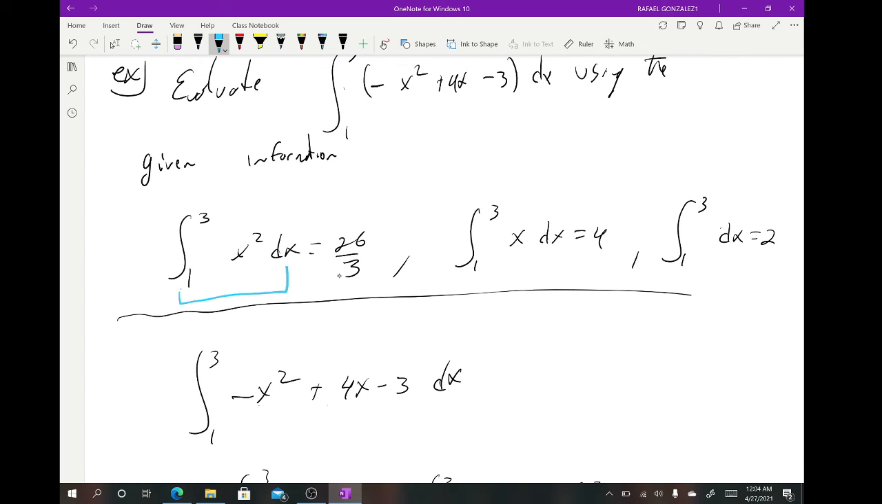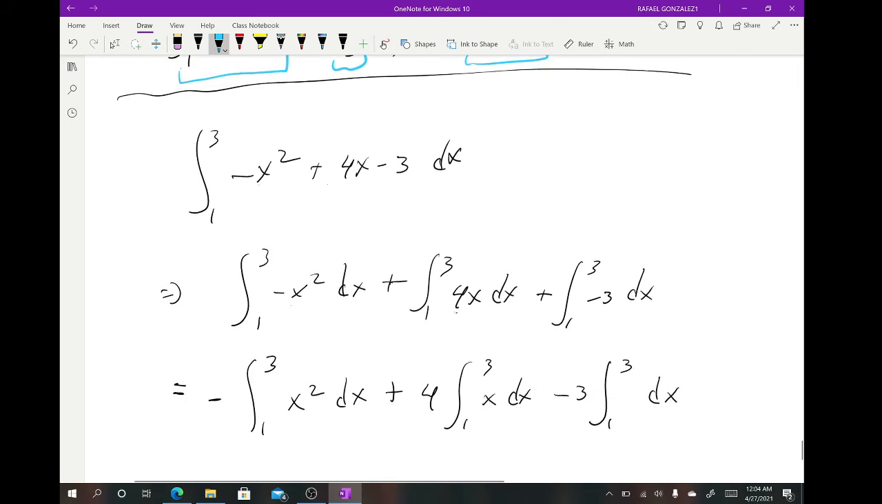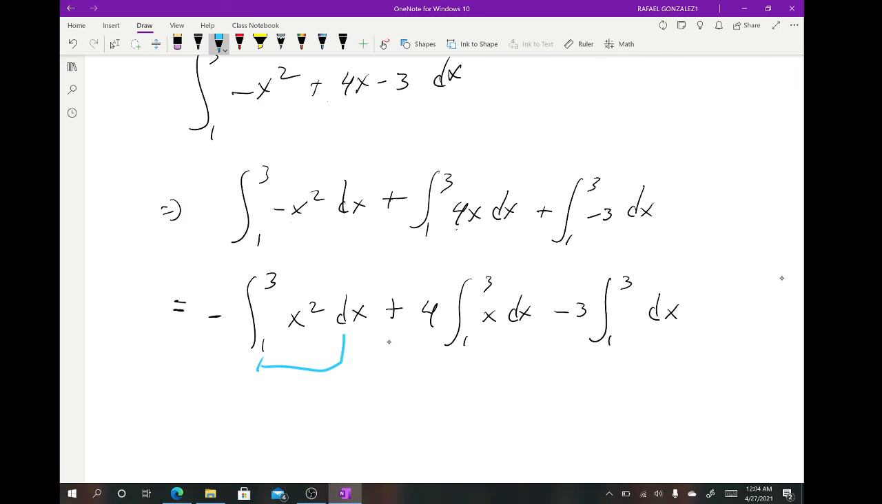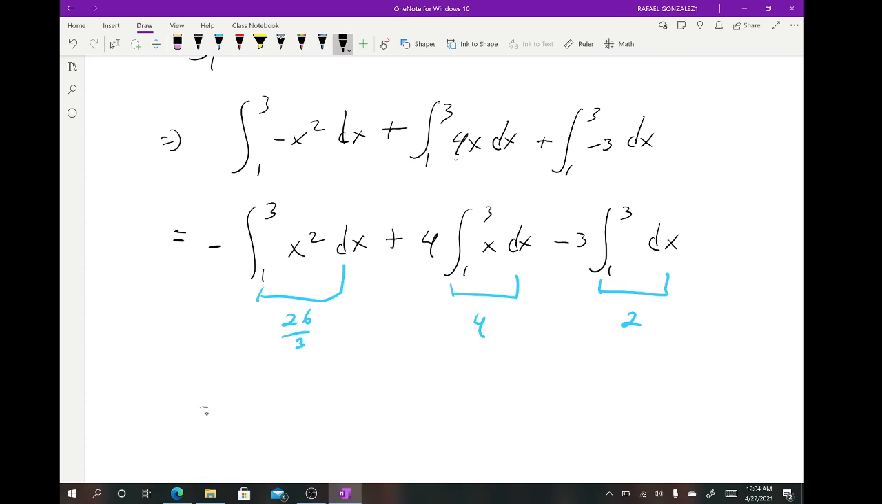Why? Because I know that this is equal to 26 over 3. I know that this is equal to 4. And I know that this is equal to 2. So again, this piece is equal to 26 over 3, this piece is equal to 4, and this piece is equal to 2. So what do I have left? Well, I have negative, because the negative sign is in the front, 26 over 3